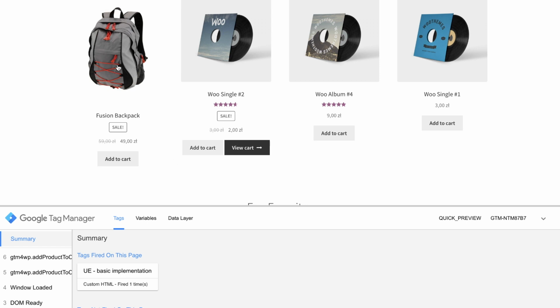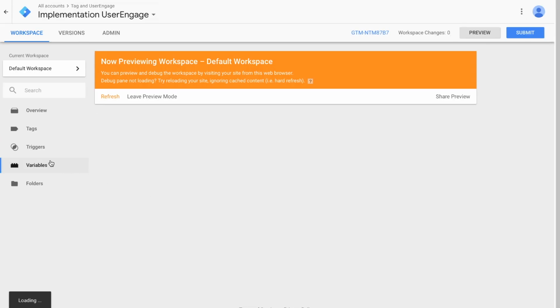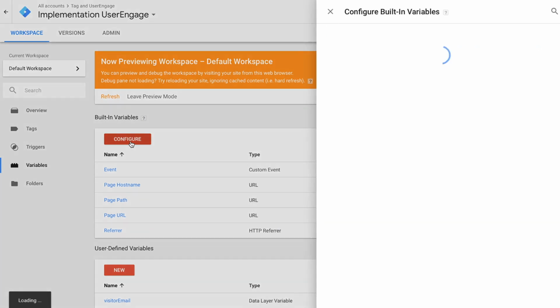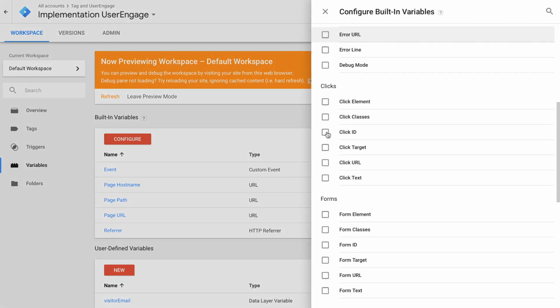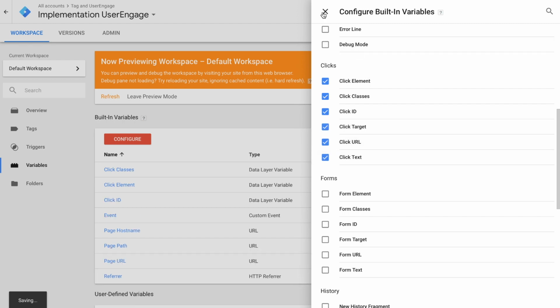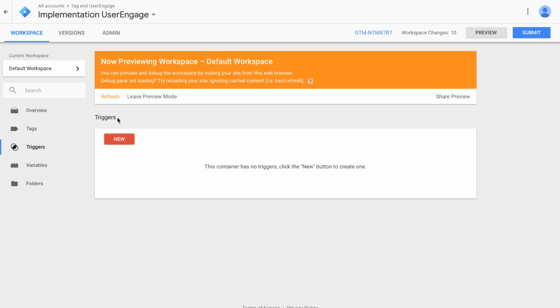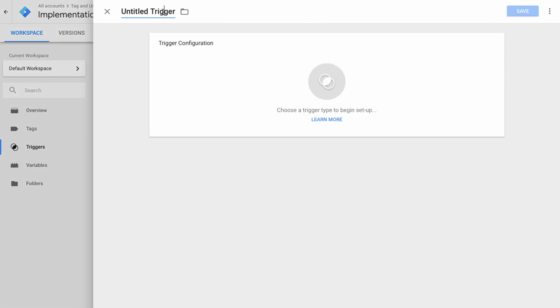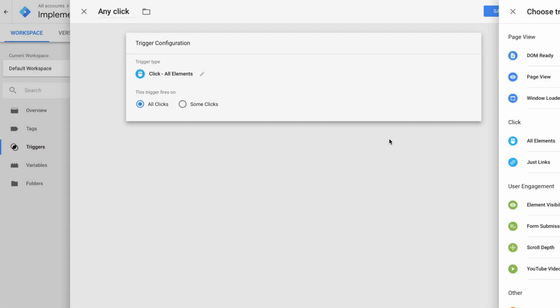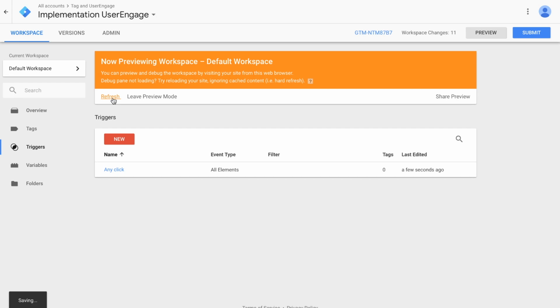All right, how do we start? First, we go to Google Tag Manager, open Variables, click Configure, and select all the click variables. All right, ready? The next thing I gotta do is go to Triggers and create a new trigger. I will call it any click, and well, it will be any click. I save it, refresh,